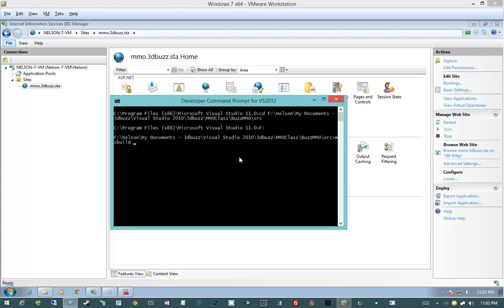Then I'm going to say msbuild buzz mmo build.proj /t:deploy website, then space. Now I have to provide a variety of additional properties. So first of all, I want to specify the web deploy computer property. So I'm going to say /p:web deploy computer, and then I'm going to say that equals